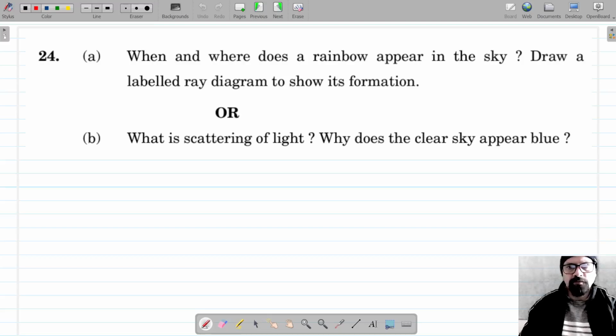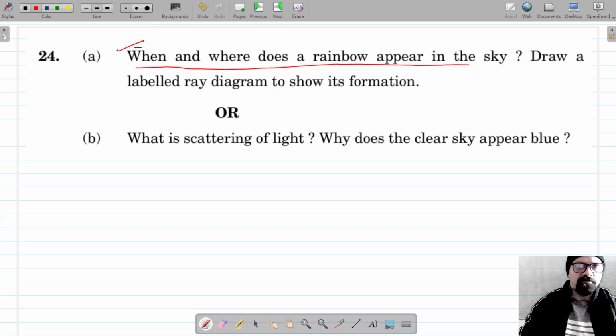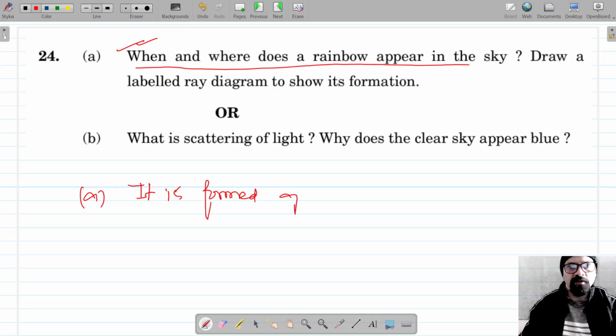Okay, for question number 24, it's asked when and where does a rainbow appear in the sky? So this is question number 4, and the solution for when. When does a rainbow appear in the sky? So it is formed after a rain shower. So the answer for this is it is formed